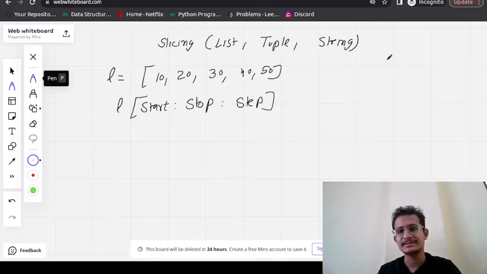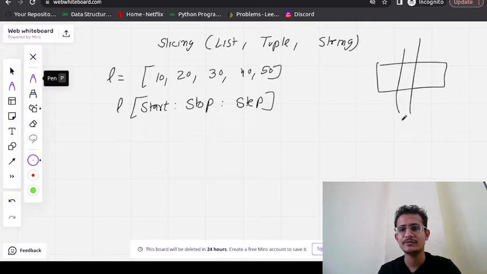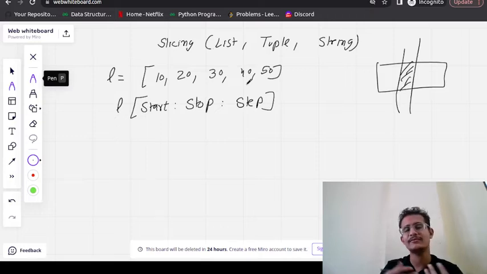So what is slicing? Suppose we have a piece of cake, and you want only this much part. So you are slicing the cake. Similarly, if a list is given to us, we want some particular elements, like starting from the second element till the fourth element, starting from the first element till the end, starting from the fifth element till the end, or you want the alternate elements, at even positions or odd positions. It completely depends upon you how you want to slice.